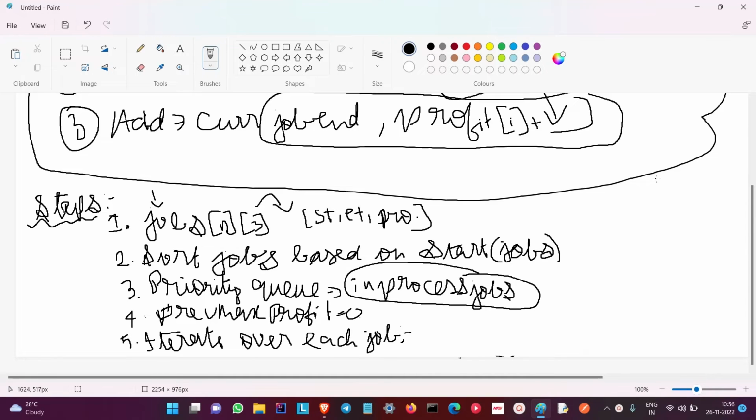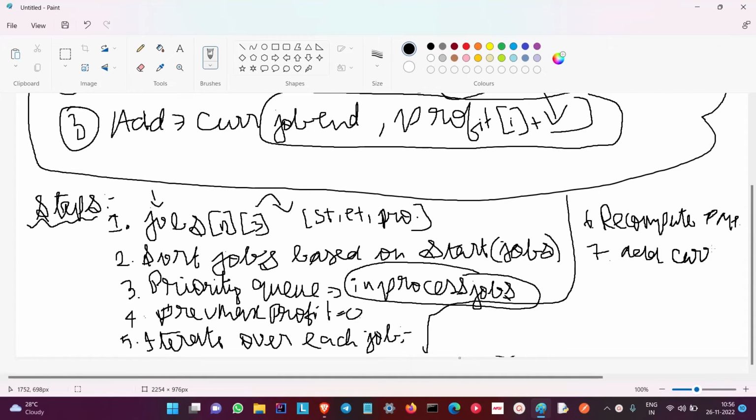So for each job, what we'll do is recompute previous max profit. Let's call it PMP. So we'll recompute the PMP value, that is the previous maximum profit, and the next step is to add the